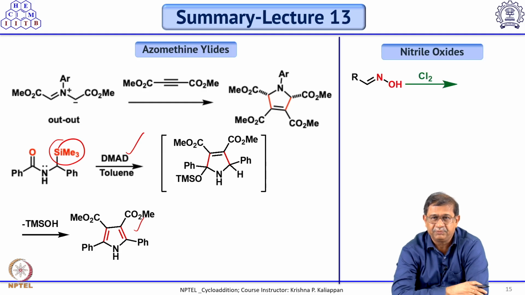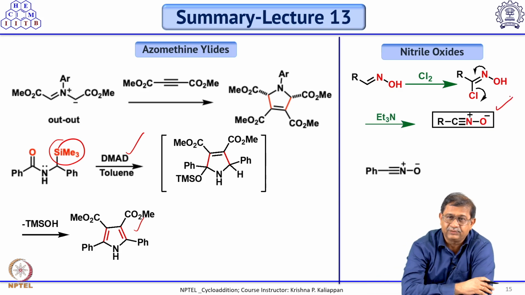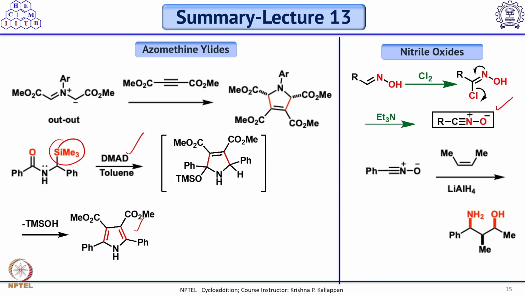So nitrile oxides are easily prepared from aldoximes as well as nitroalkanes. So aldoximes upon treatment with chlorine or NBS or NCS and followed by treatment with base, it gives nitrile oxide. One can also prepare the same, as I said, from nitroalkane by treating with a dehydrating agent. So these nitrile oxides are known to undergo 3+2 cycloaddition, and followed by treatment with LAH, one can get 1,3-amino alcohol. You can reduce it with hydrogen or hydrogenolysis followed by NO bond cleavage, also can get the same thing.